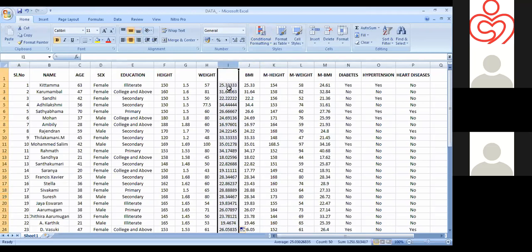So here we have that 25.33, which is calculated from a mathematical function, statistical functions we have applied. If we select this cell, we can see what that cell contains, which is 25.33. Suppose if we select this cell, it shows H2 by G2 into G2, because here we applied some function. So how can we convert this into a number? Because it is in the form of a function.